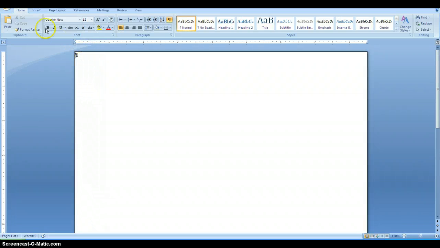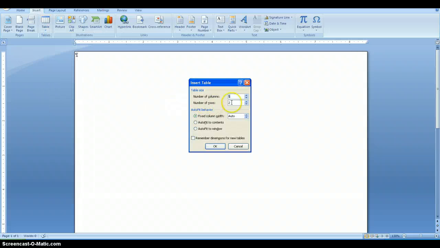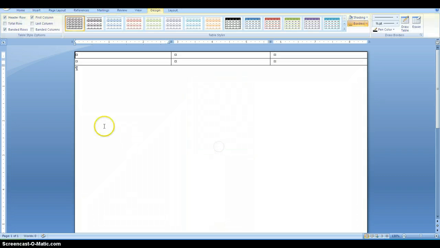So now that our page is set up, we're going to insert a table. We're going to go to Insert, Table, and we can choose this and then type the number of columns, and let's do 3 columns. The rows don't matter. And so let's put name here. Tab to get to the next cell. Name, grade, GPA. And by pressing tab to get down to the next line